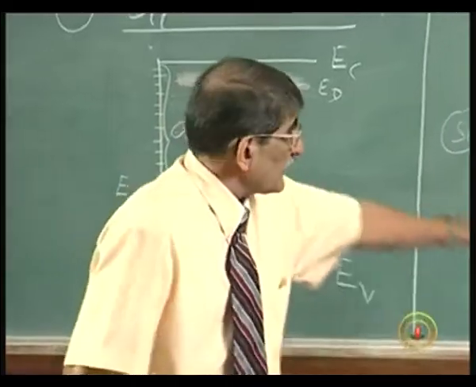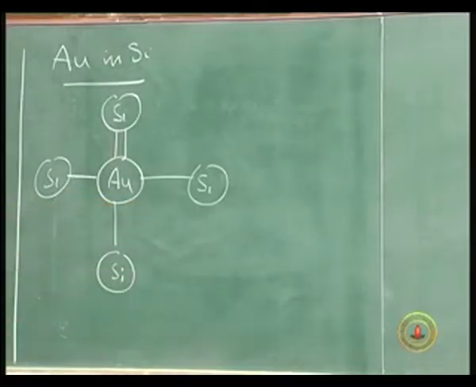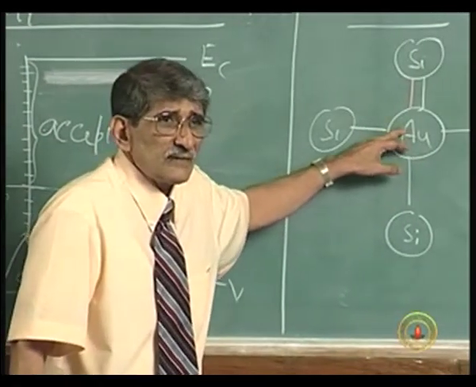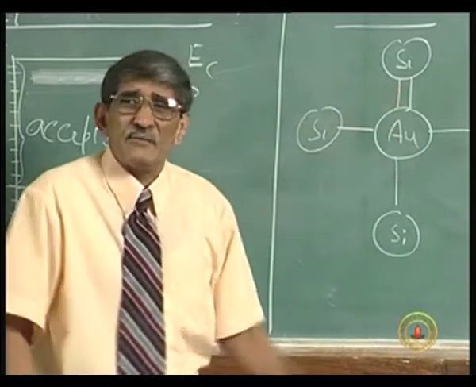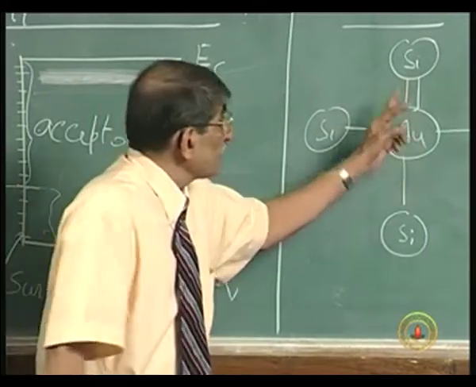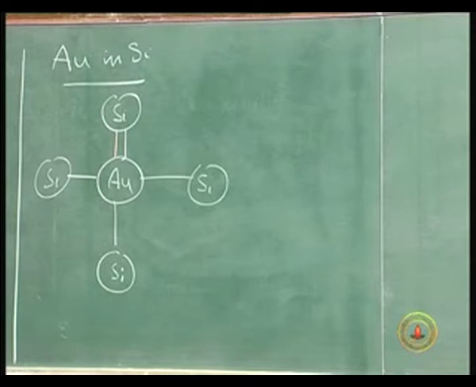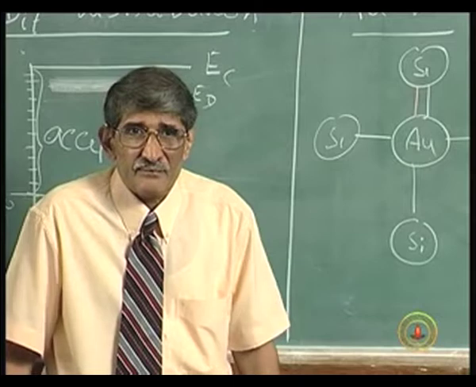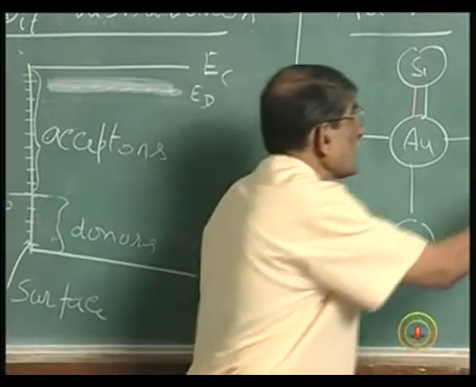If this is a silicon atom, if I break the bond and donate it to the conduction band, how much energy was required? 1.1 electron volts. Now, this gold atom size is different, and so this energy required is not exactly 1.1. If it is a donor, it would require less than 1.1 electron volts, not 50 millivolts and all that. You cannot break this with very small energy, because it is not the 5th electron of the donor of the phosphorus also. So, what happens now is